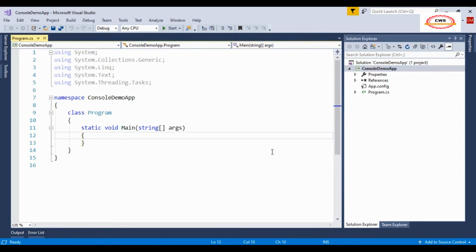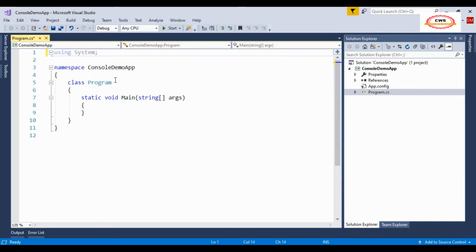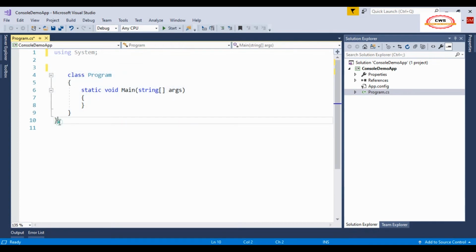project that we have created, and you can see that program.cs is the source file present in our project. First, these are the namespaces, the various types of namespaces used with the word using. I don't think it's of any use for our context right now, so we can remove this part, and we can also remove this namespace part. I am basically keeping all the parts that are necessary for our demo.